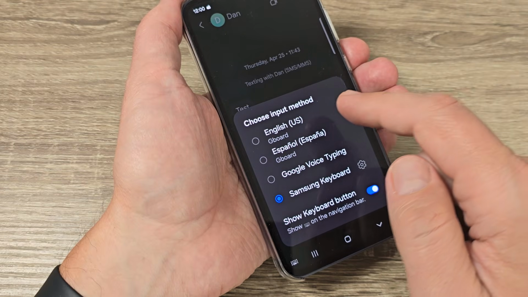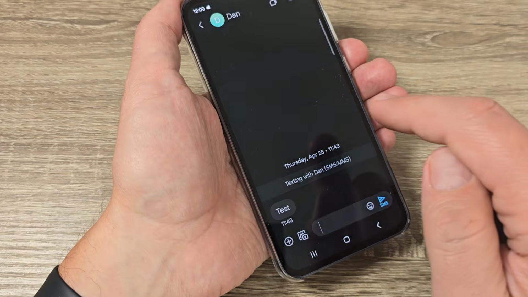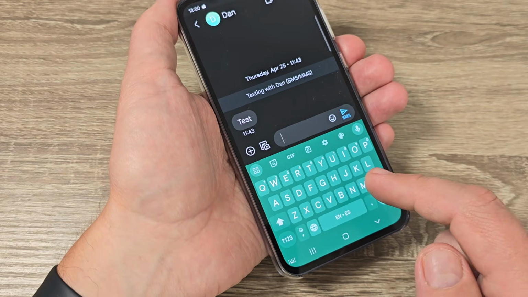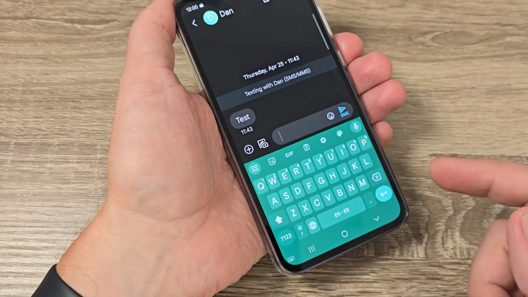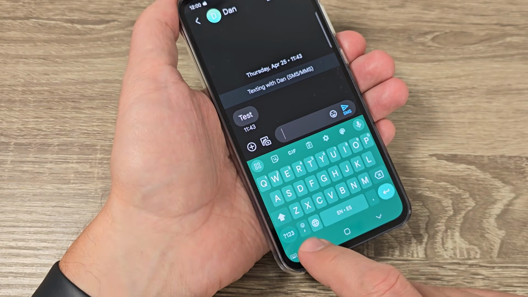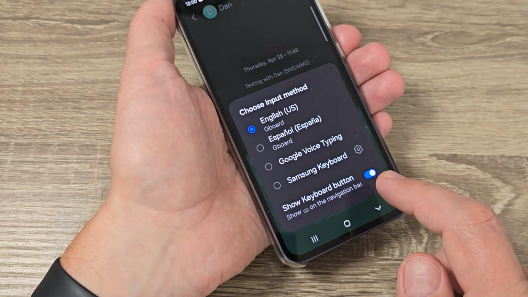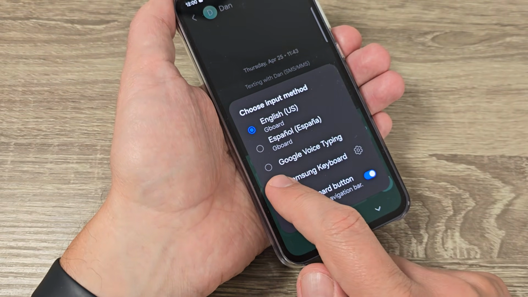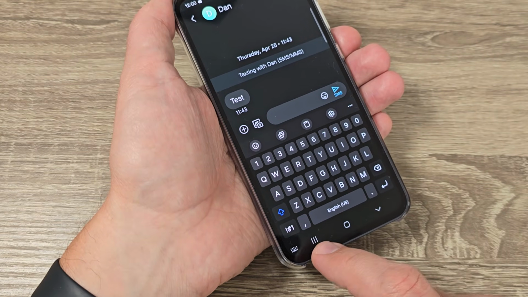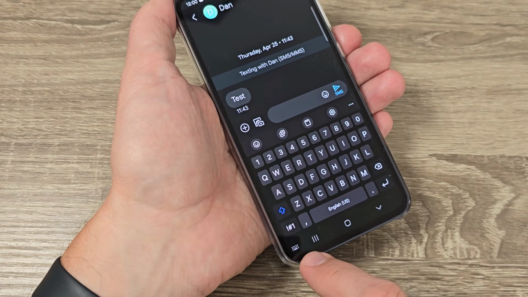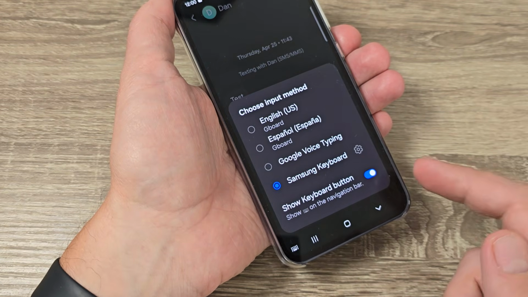English and Spanish. Choose whatever you want. I will choose English, and now I have the Gboard on my phone and it's enabled. Now if you want to change it back, just tap again on this little icon and select the Samsung keyboard and we are back. Now if you don't have this little icon on your phone, because it can be disabled